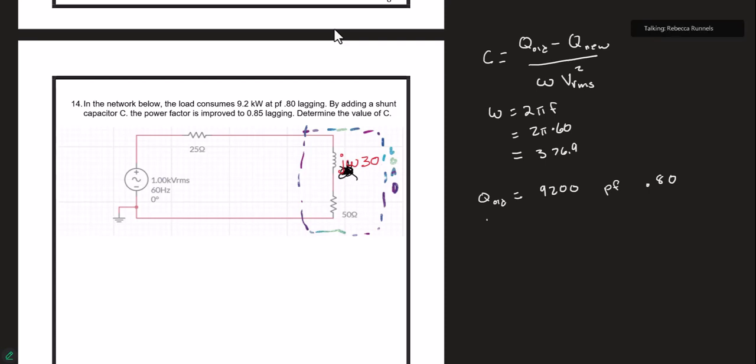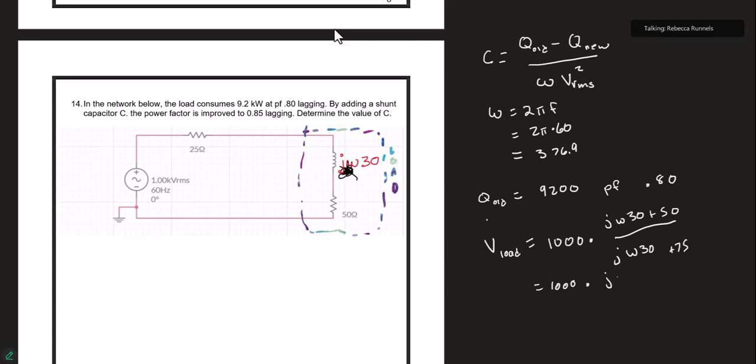Let me get first my voltage over the load. So the voltage for the load is going to be our total voltage, so I'm doing voltage division, times j omega 30 plus 50 over j omega 30 plus 75,